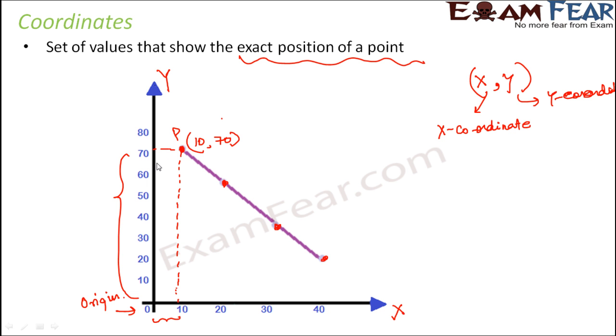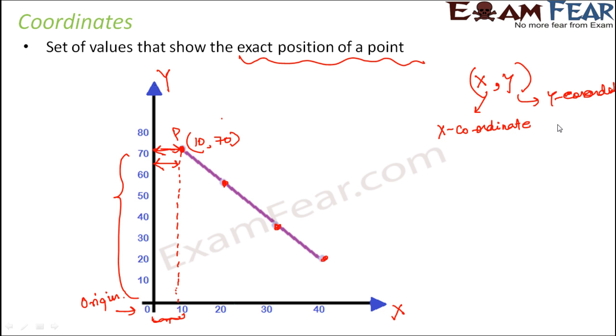So that will be denoted by this distance, because point P is this much far from the y-axis. So from where will you get this distance? The measurement of this distance will be obtained from the x-axis, and this is our x coordinate. So x coordinate basically tells us how far is that point from the y-axis.